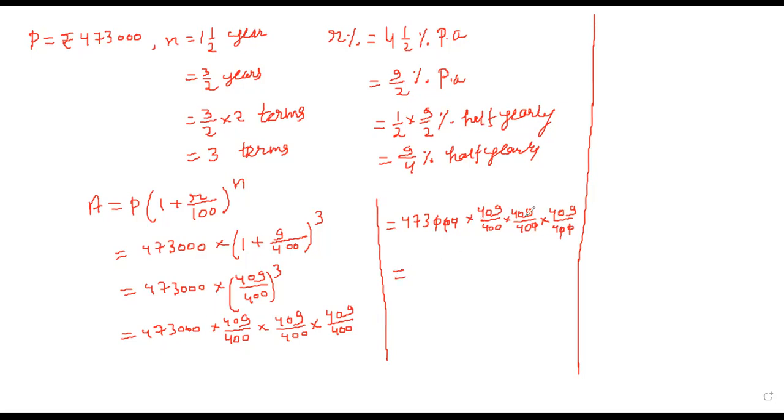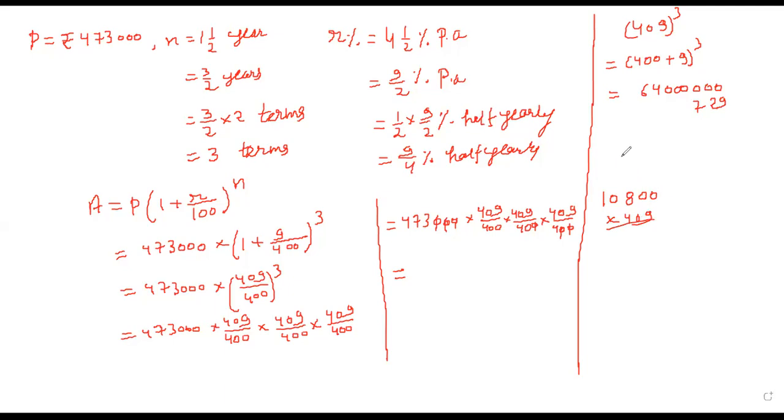So first multiply 409 into 409 into 409, that is 409 whole cube. You can also use the formula for (a plus b) whole cube to find it. 400 plus 9 whole cube. So 4 cube is 64 and 6 zeros after that, plus 9 cube, 9 nines are 81, 9 nines are 729, plus 3ab. So 3 fours are 12, 9 twelves are 108, 2 zeros, into 409.